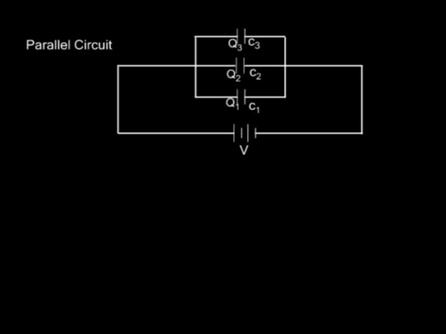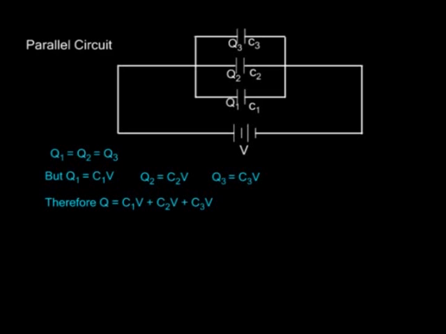of the capacitors. Total charge Q is equal to Q1 plus Q2 plus Q3, but then Q1 is equal to C1 times V, Q2 is equal to C2 times V, and equally Q3 is equal to C3 times V. So therefore, Q is equal to C1 times V plus C2 times V plus C3 times V. Now if I factorize the right hand side, we shall have Q is equal to V into (C1 plus C2